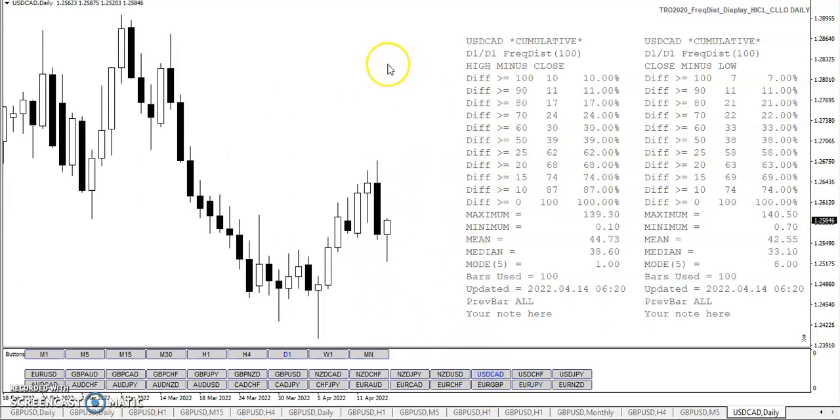Let's take a look at dollar Canadian. Now you can see here close minus low is much lower percentages than the high minus close. If you're wondering why these things are changing, it's because I don't have all the data loaded, since I don't really look at these pairs that much. So the indicator's refreshing itself, tick by tick, to go back and get the history. So you might be looking around 10 pips, because if you go up to 15, that's barely 7 out of 10 on dollar Canadian. So it's got a much tighter